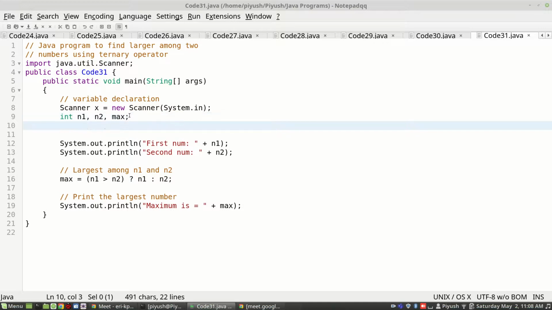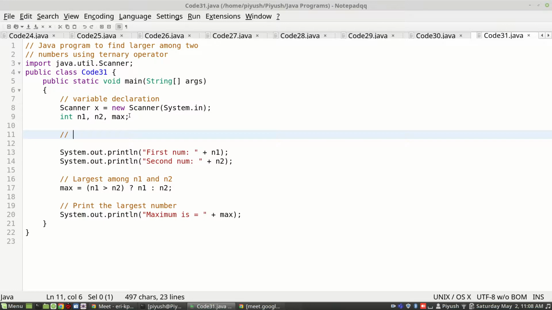This step will become variable initialization.